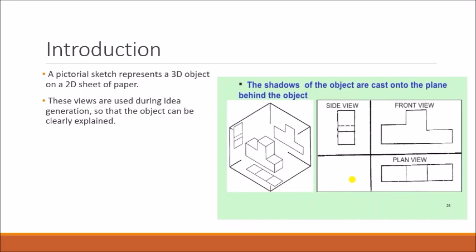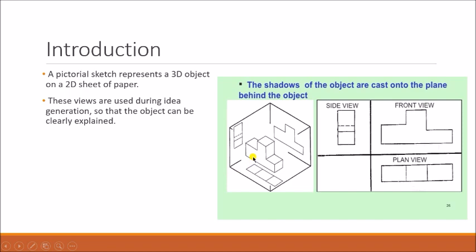Okay, so you can see here, this is what we call a pictorial view. This pictorial view is kept on planes. You can see here these are three planes. This plane we call the vertical plane. The front view is drawn on the vertical plane. This plane is called the horizontal plane. The top view is drawn on the horizontal plane. This plane is called the left plane, so whatever the right view is, it is drawn on the left plane. Here you will have another plane, that is the right plane, so whatever the left view is will be drawn on the right plane.